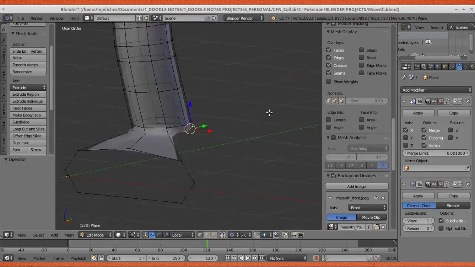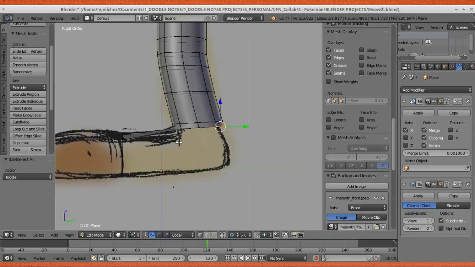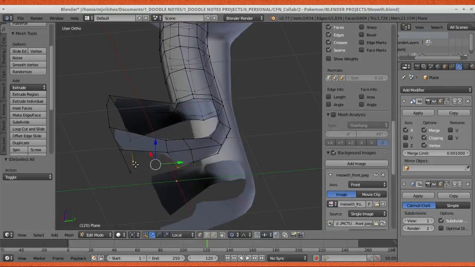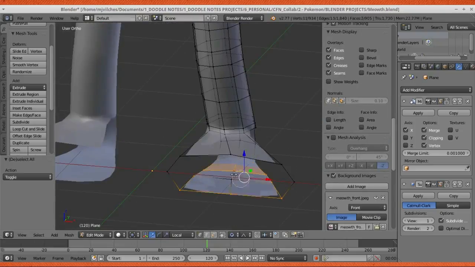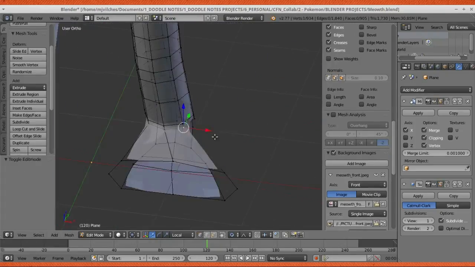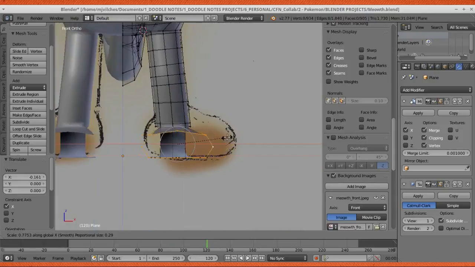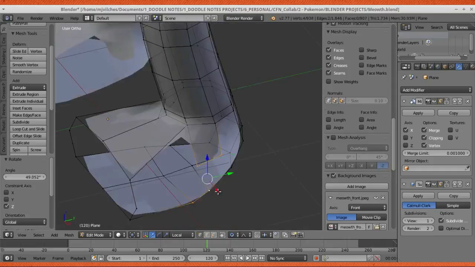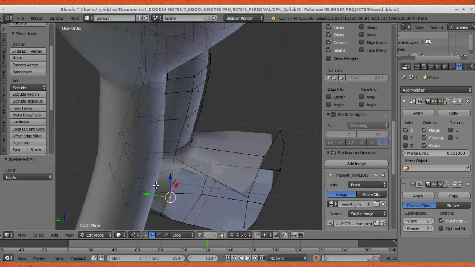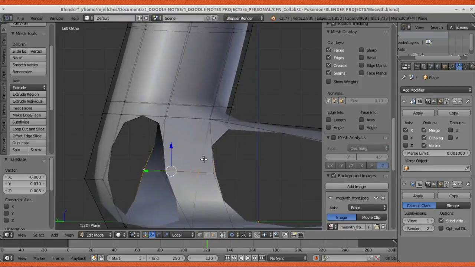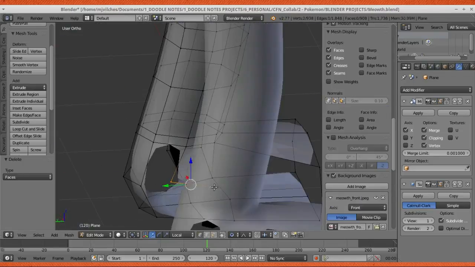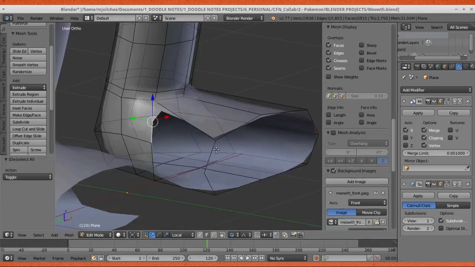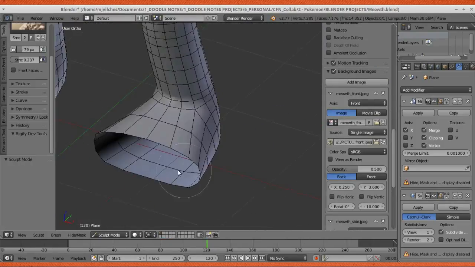So yeah, now starting with the feet, with the one foot, because it's mirrored, so when you're working with the other side, automatically the other side will be formed, because that's one of the magic of the mirror modifier. Actually, I think it's best to add the mirror modifier first, before trying to edit the other half. Like if you want the other arm to be bigger, I always want it to be equal, like symmetrical, like